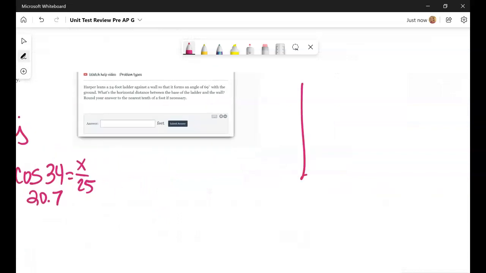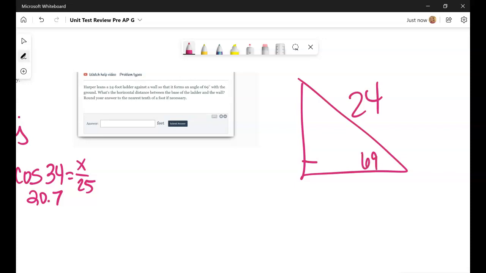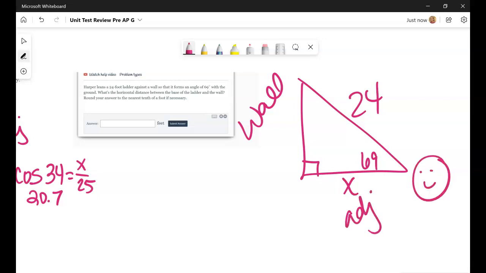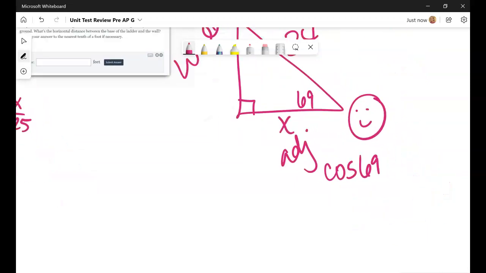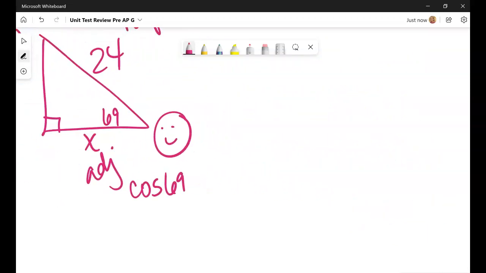Harper leans a 24-foot ladder against a wall. It forms a 69-degree angle with the ground. What is the horizontal distance? Here's the wall right here. So this is the number I'm looking for. So here's smiley. This is adjacent. This is hypotenuse. So I'm going to use the cosine of 69 degrees is equal to x over 24. So 24 times the cosine of 69 degrees is equal to